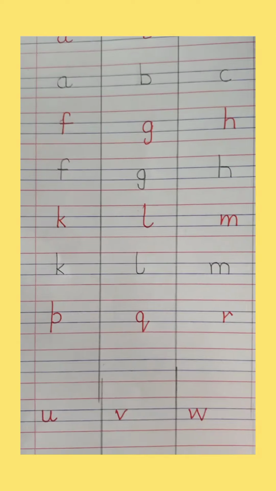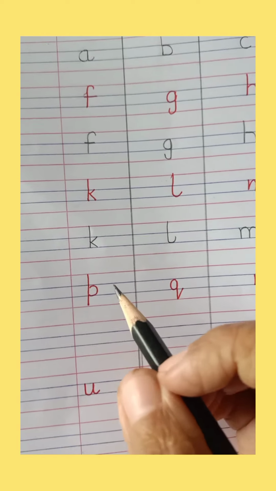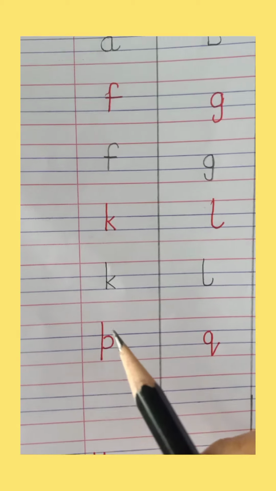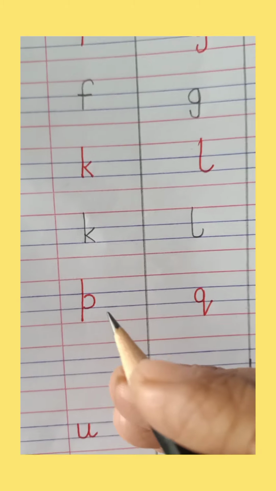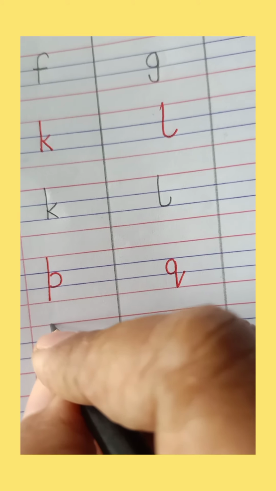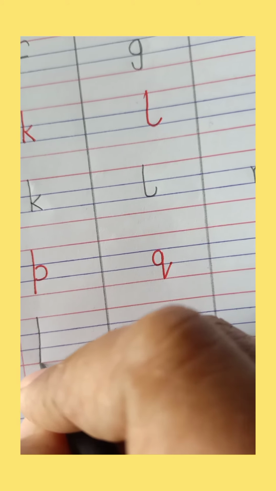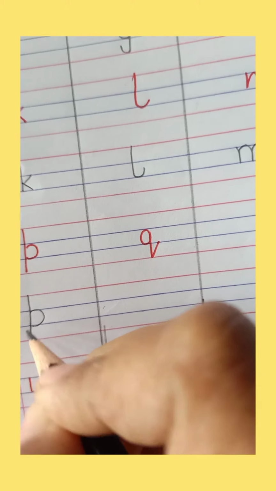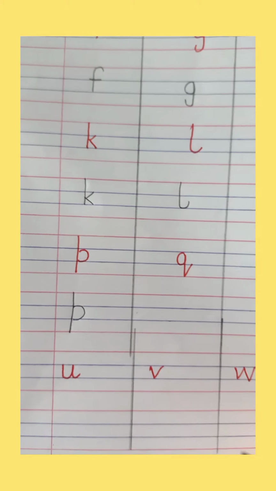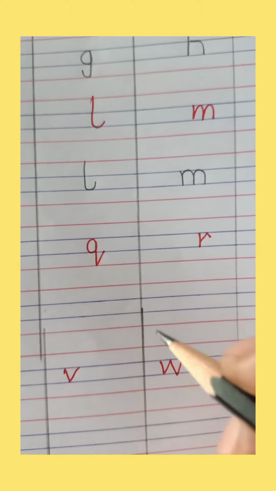Now come to the next. And we are going to start from letter p. And now children see. Letter p, ma'am has started from the top red line till the bottom red line. Alright? Chalo, let's start. Like this, and then between the blue lines. Yes, this part. P done? Okay, then q.